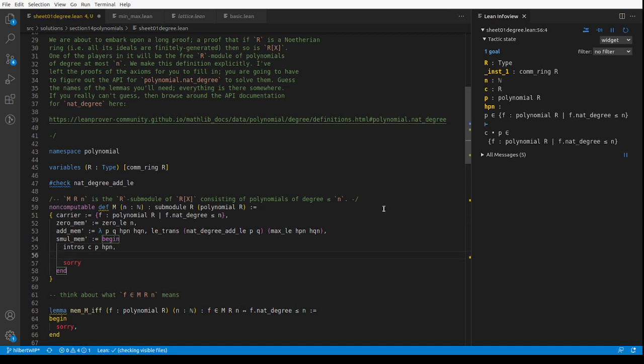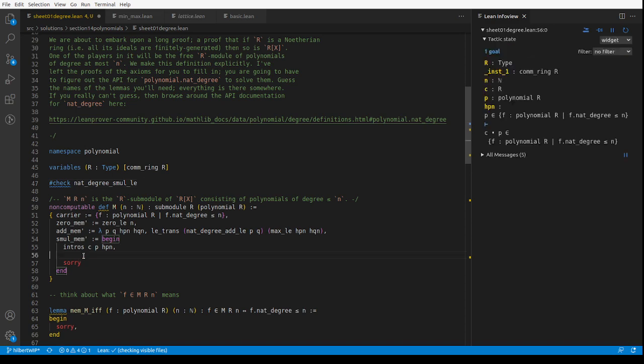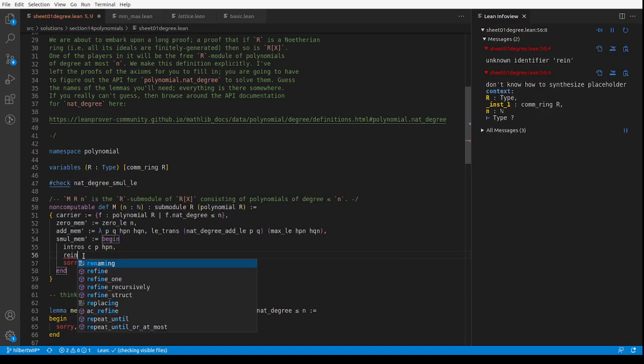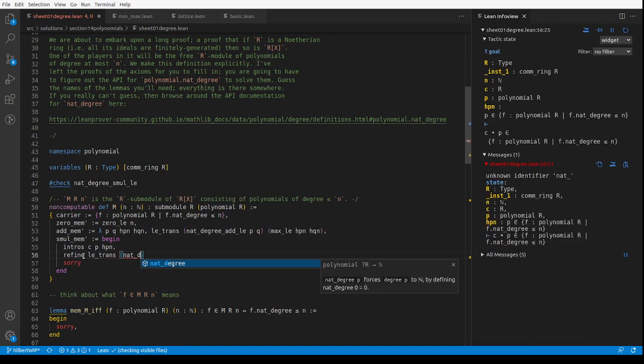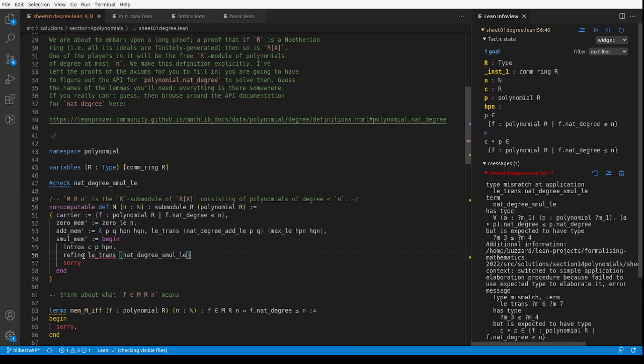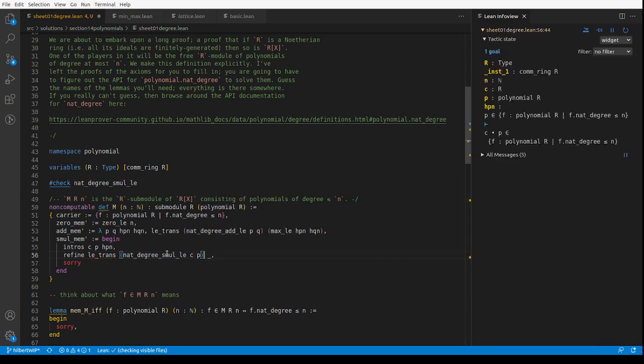So I want something like natDegree_smul. Have we got any nat? There we go. We've got natDegree_smul_le. So we can do the same thing, right? We can do refine le_trans natDegree_smul_le _ and see what we get. And now we have an error. Our natDegree_smul_le wanted a and p explicitly, so we can give it c and p. And now this works, and our goal